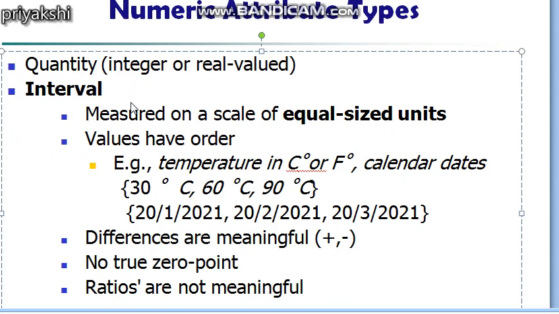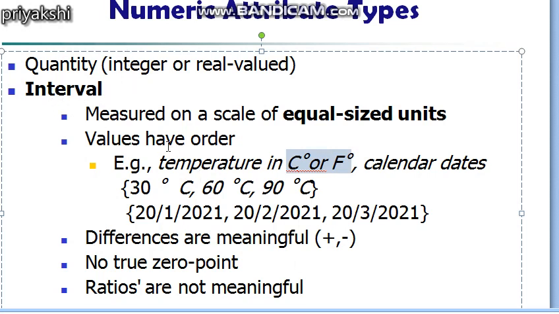attribute. So as you can see, in an interval scale variable, the values have an order, and the order in the attribute values is meaningful. For example, if I take temperature, this is a very important thing. You should remember that temperature provides a very good illustration of both the concepts of interval and ratio scale. Temperature can be either an interval or ratio attribute depending on its measurement scale. When temperature is measured in terms of centigrade or Fahrenheit, it acts as an interval scale variable.